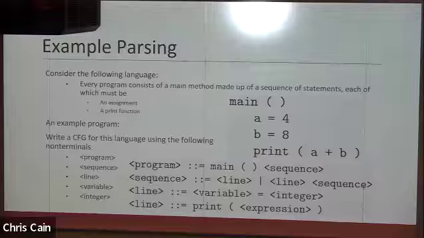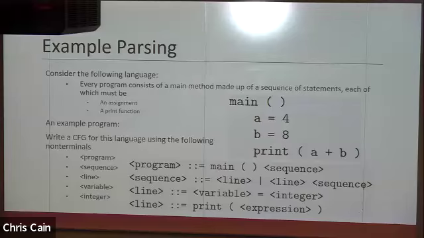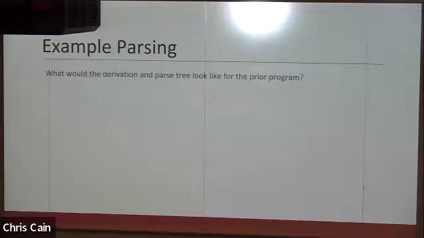This one specifically, or just anything? Yeah, this specific program. So utilizing productions of the grammar, be able to produce the associated parse tree. And obviously we don't have anything for a equals 4, b equals 8, but leave them in their non-terminal forms, like variable equals integer is kind of the terminal point for that, where we don't have the variable is a, etc. But if you're doing a parse tree, then you could fill that out. So we would have